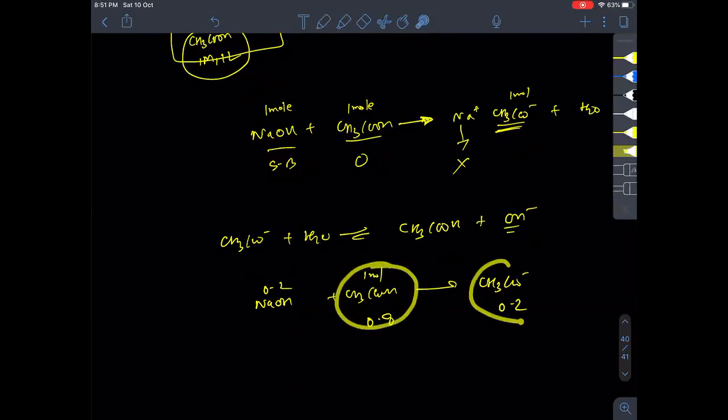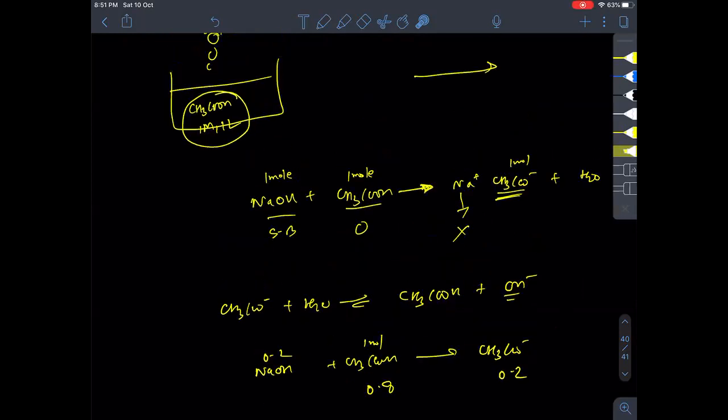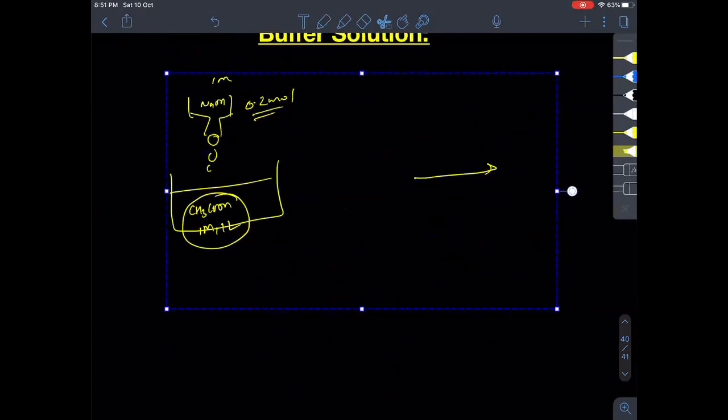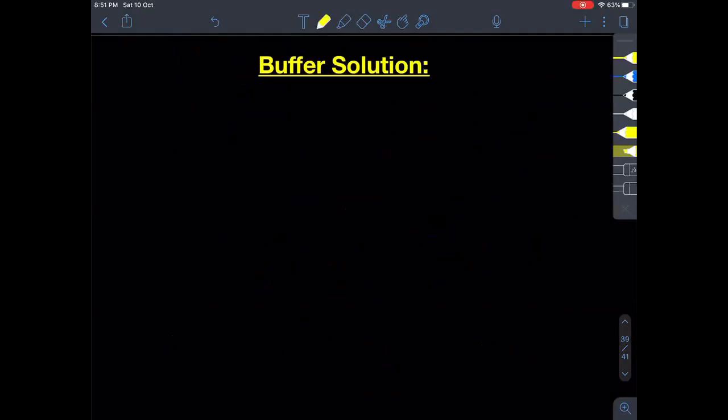Then how to solve this type? So this is the particular case which is covered in buffer. It is so simple, right? Buffer means an intermediate phase of titration when a weak acid or a weak base is titrated, where both the parts, weak acid and its conjugate base, are present.